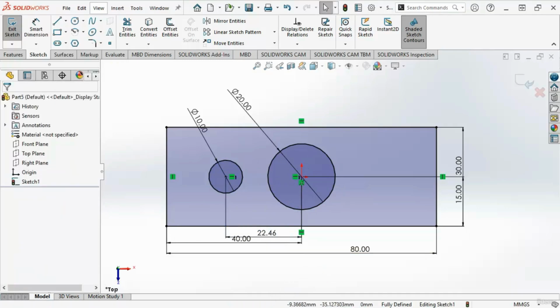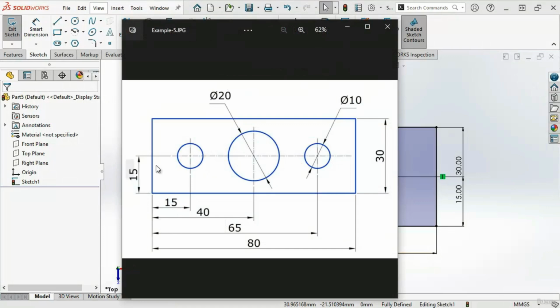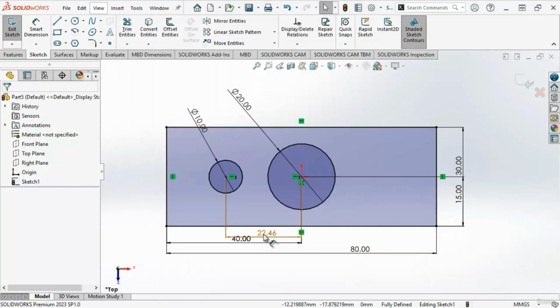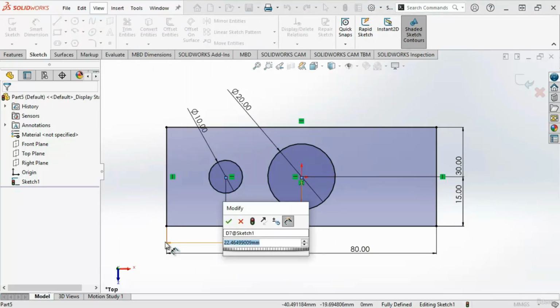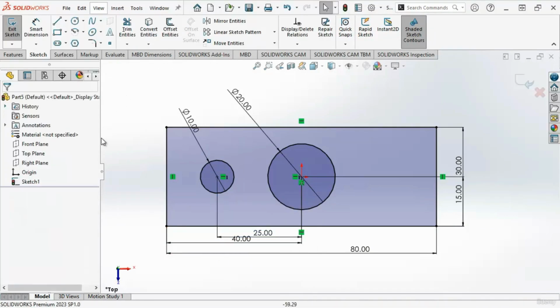Here, if you see the drawing, we have been given this dimension as 15 from this edge to this point. From this point to this point, you can calculate 40 minus 15. So, what we can do is, just double click on this dimension and we can give a dimension of 40 minus 15. It's 25. Or you can also take a dimension from this line to this point and give it as 15. Both will work. There is no issue. What I would suggest is, whatever dimension is given in the drawing, try to give the same dimension. Here I wanted to show you that the calculations directly we can use it when we are feeding